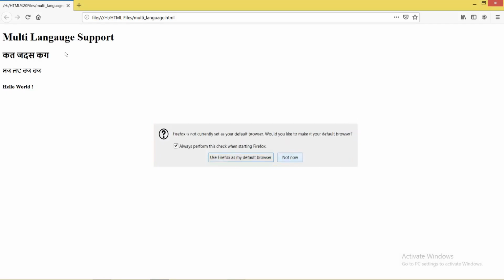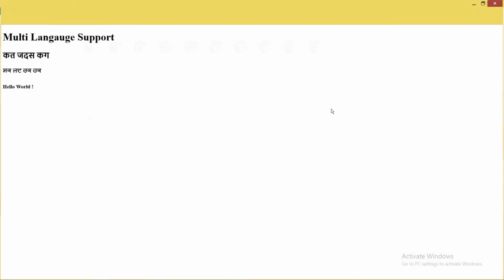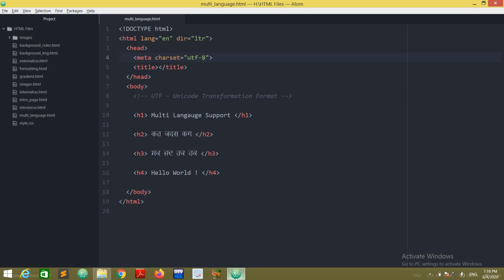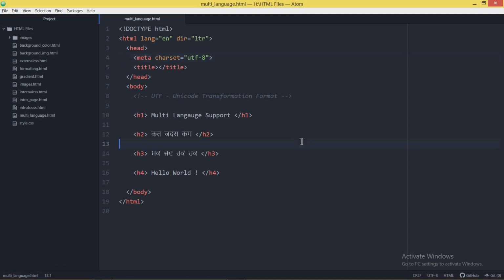Now see why this meta tag is mandatory. As I said, if you are using old browsers of Mozilla or Safari or some other browsers, then these languages may not be there. Your browser may not support them unless you write this particular tag. So writing this tag is mandatory for supporting your multi-language website.